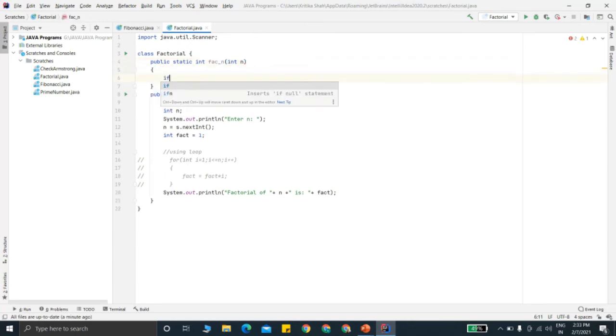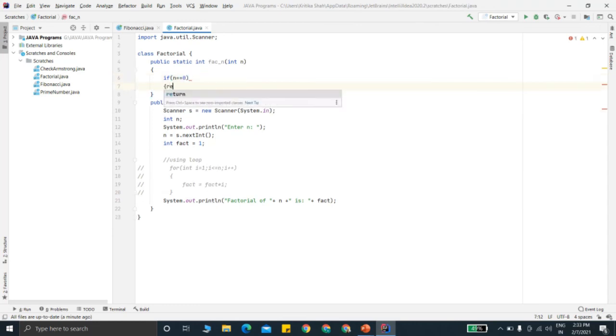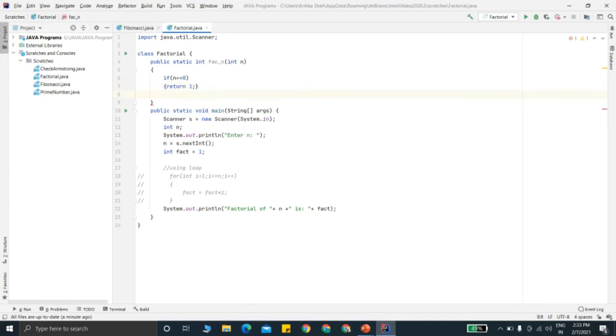Now if the value of n is equal to 0, we will return 1. As we know, and you should keep this in mind, the factorial of 0 is always 1.